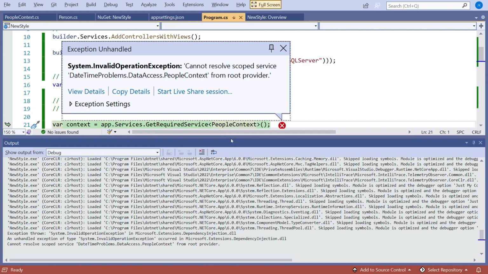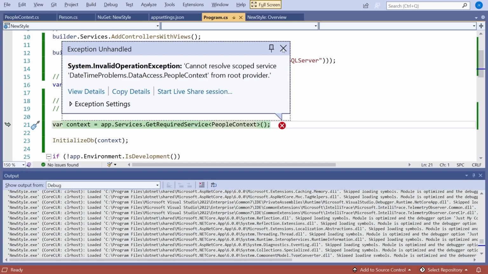And you can see we get this problem saying cannot resolve scoped service and then the people context. And the reason for that is, if you remember back to that video I did on injection, when we configure things for injection, we can either configure them as transient, when they just get created brand new every time they're needed, or at the other extreme, singleton, where you only ever get one of them. But the middle ground, and the way that DB contexts are always configured, is what is known as scoped. And scope, in terms of a web application, basically means they're scoped for an entire request response cycle. But we're not at that point yet.